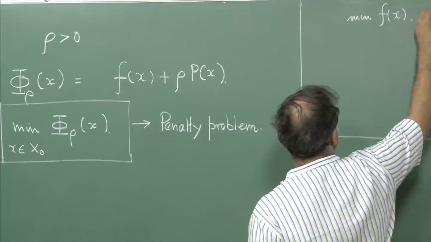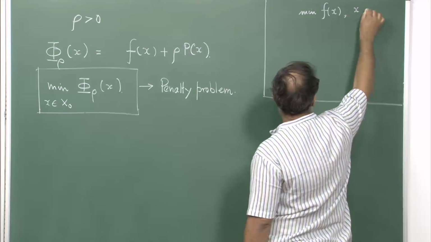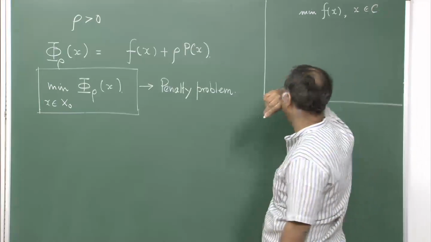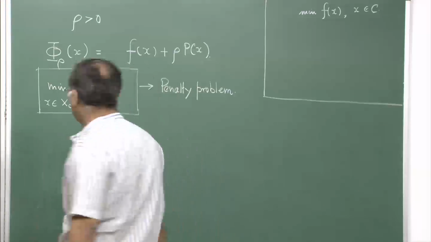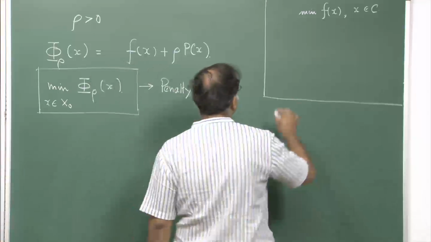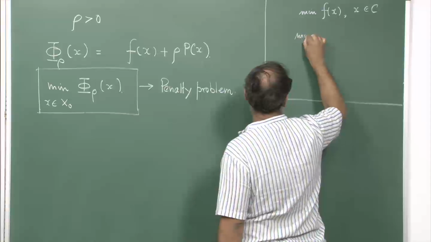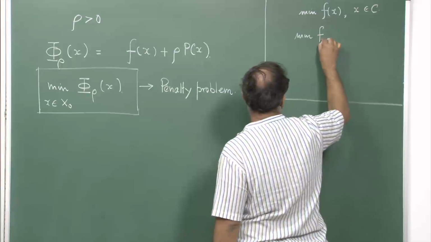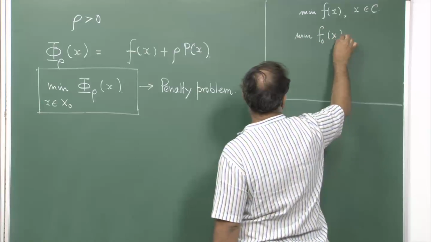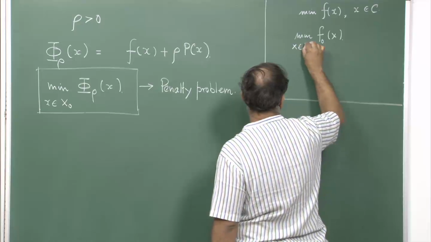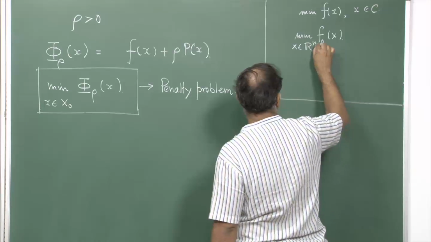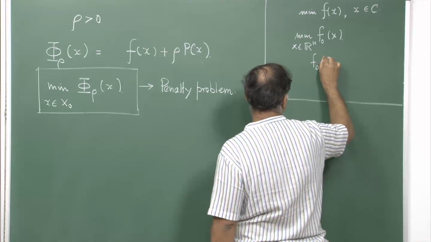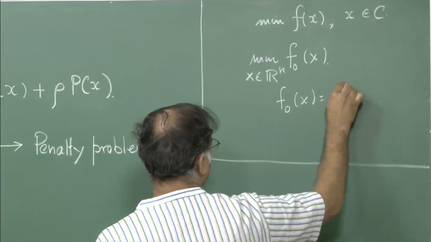If you ask me to look at this problem of minimizing a function f(x) over a set C, then I can write this problem as an unconstrained problem where I minimize a function f naught(x) over x an element of R n, where f naught(x) is written as f(x)